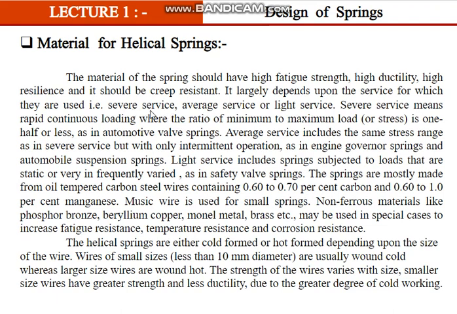See, the severity of the service, the average service, or the lightness of the service. Sometimes very high loads may be coming continuously. That is a severe service. Average means loads are coming intermittently, or less loads are coming. Light loads means sometimes it is used and the loads that are coming are less. So severe service means rapid continuous loading where the ratio of minimum to maximum load is one half or less,